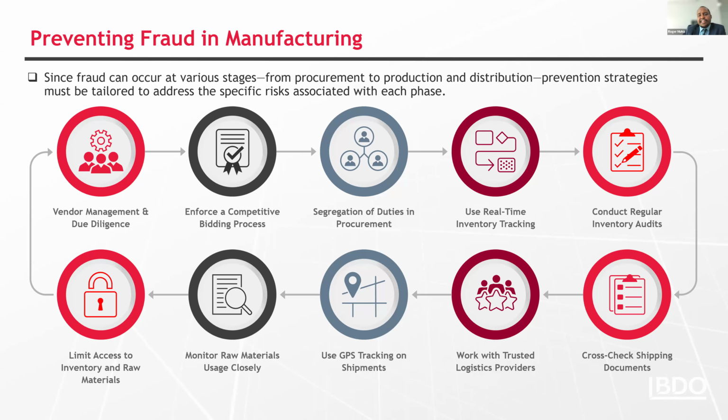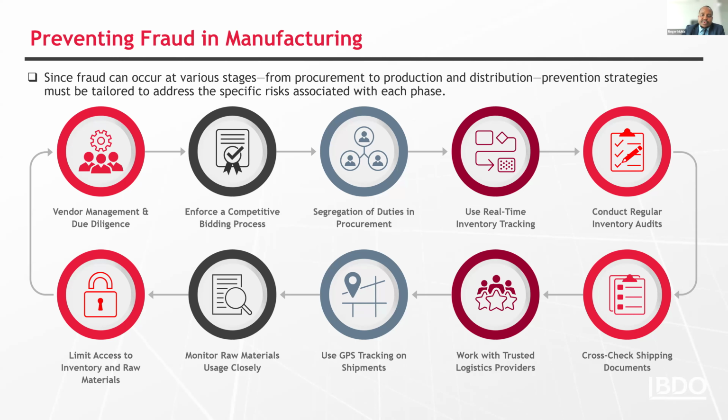The next one is regular inventory audits. Even with technology, you still need to audit your inventory regularly. And you need to do physical audits, which are applicable in manufacturing, where you manually count stock and help ensure that what's on the shelves matches what's on the system. You can improve this further by conducting surprise audits, which will keep everyone on their toes and make it much harder for anyone to cover up fraudulent activity.